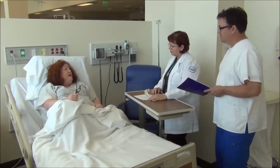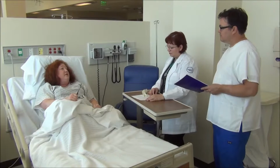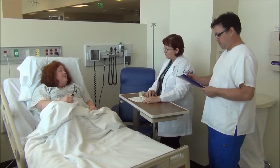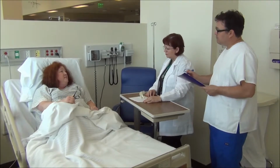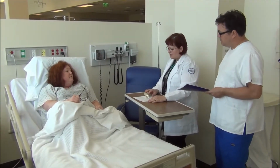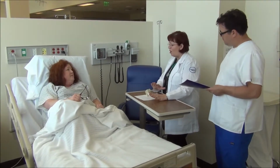I don't understand why I have to have this procedure. I've done everything right. I followed the doctor's directions. I've eaten well, I've exercised, I've taken my anti-clot meds. I'm really scared. Unfortunately, since this is a progressive disease, even though you followed all of the directions to the